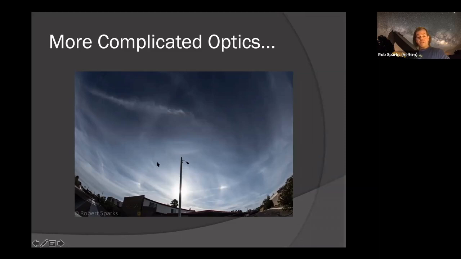And on top of the sun here, this was taken last winter, I want to say around November, we also have what's called an upper tangent arc. This arc here is tangent to the halo, so it's called an upper tangent arc. And then an upper Parry arc, this other arc, which is almost a mirror image of the tangent arc.